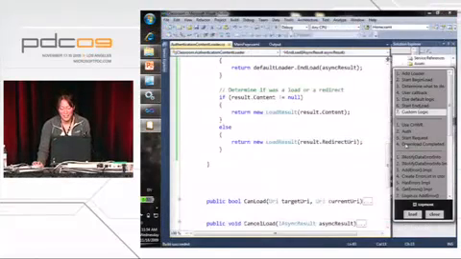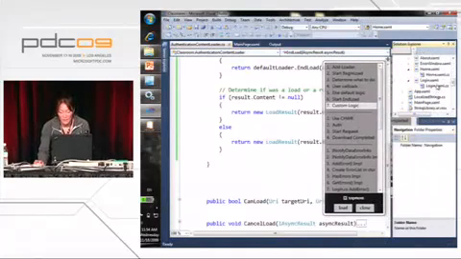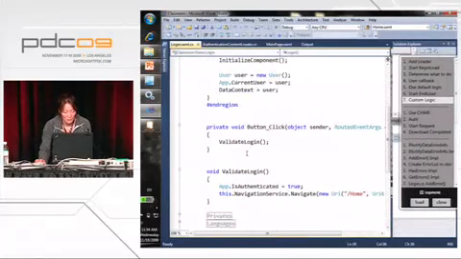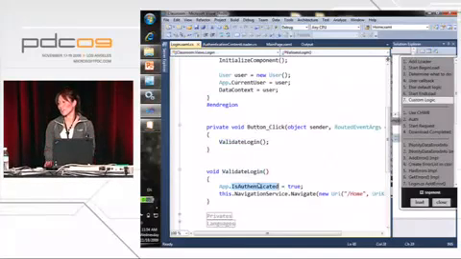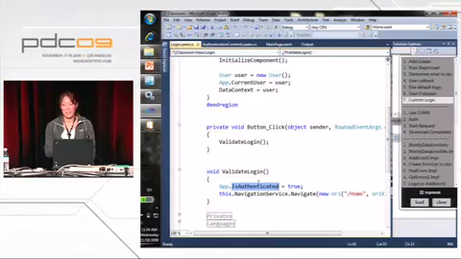If I go back into my login.xaml here, you'll notice that I've got inside of my login button click a call to validate login. And validate login just says, hey, you're authenticated. But let's go ahead and actually use that authorization support that we added to the client HTTP networking stack and